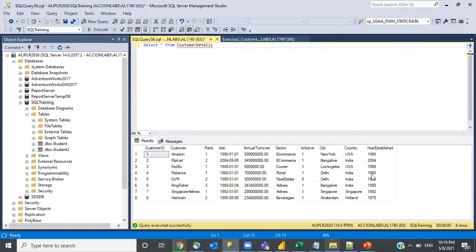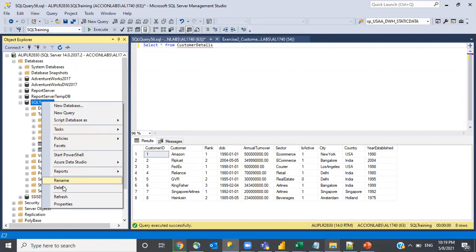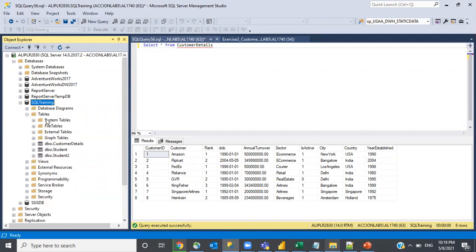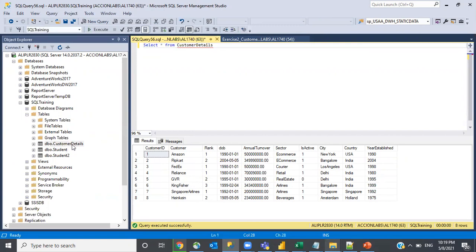Now you see all the data has been pulled out. When you refresh the tables now, you will see a table called customer details. We will use this table to see how to write the clauses.